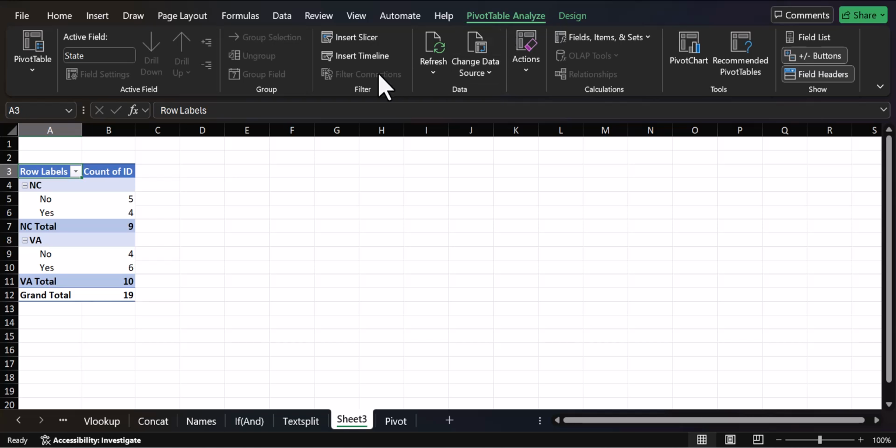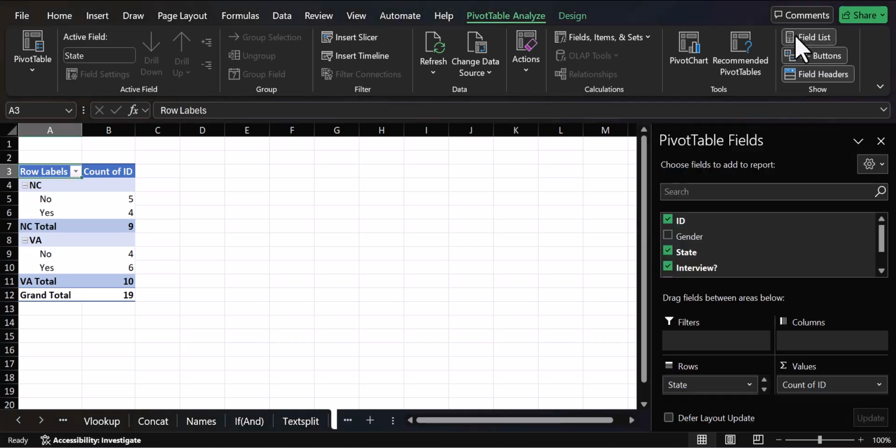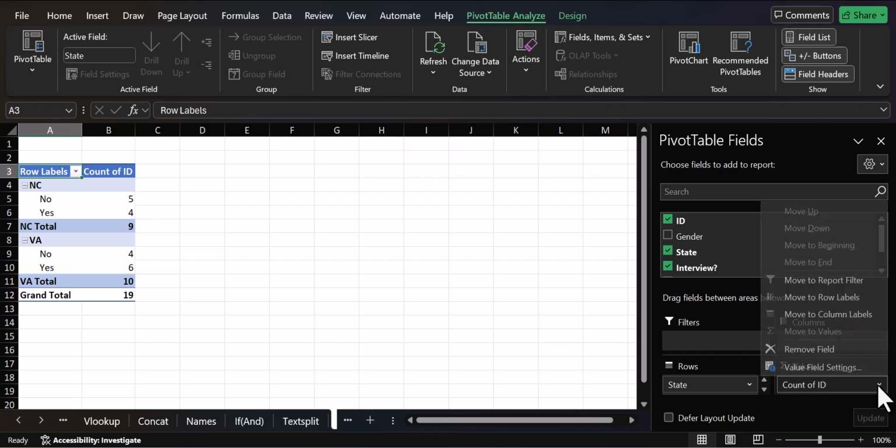I would go to the pivot table analyze section, and then I would come to over here under this show selection, and I'm going to click on field list, and this comes back up. And so, maybe we don't want a count of ID anymore, and so we can remove